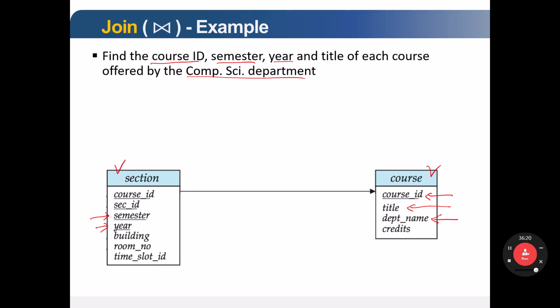Then we need to do a natural join. You should think of the natural join operation when we access multiple tables, and you need to find out what attribute should be used as the join condition. Here, course ID, and these 2 attributes are the only common attributes in the 2 tables. So we will list these attributes in the select clause